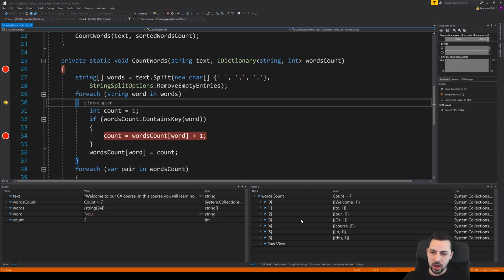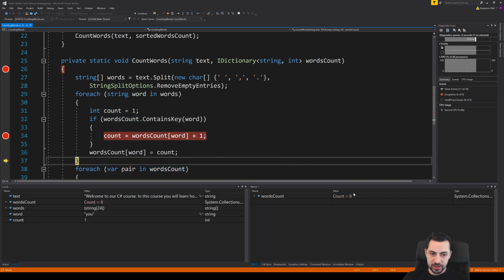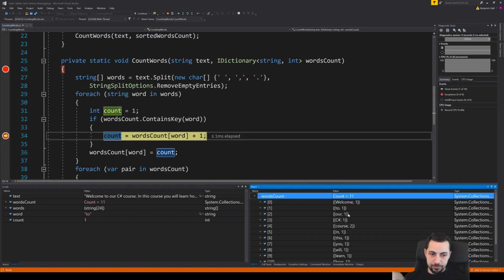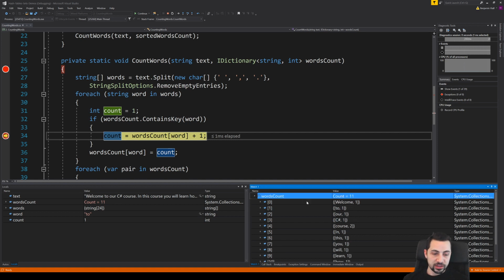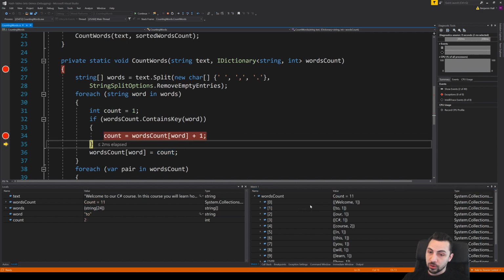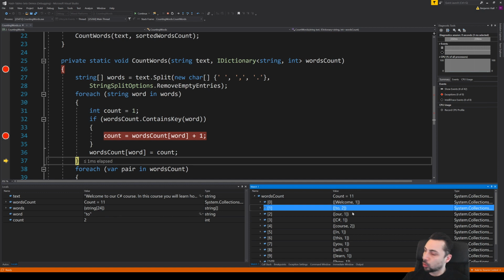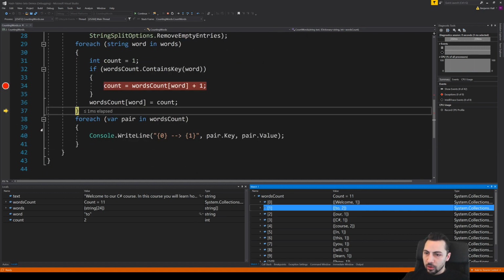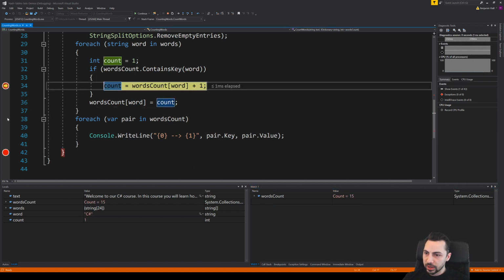Okay, so as we go along, you is not a word in the dictionary, so it gets a brand new count. Let's continue on. The next word that is duplicated is the word to. The word to already exists. It was the second word. So when we run this again, it increments just the word to. All right. So when we get down to the bottom here, count words. Actually, I want to get to here.